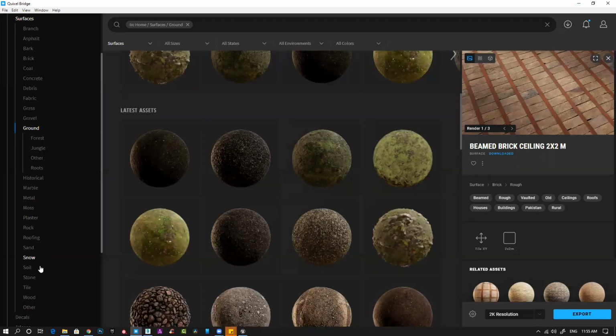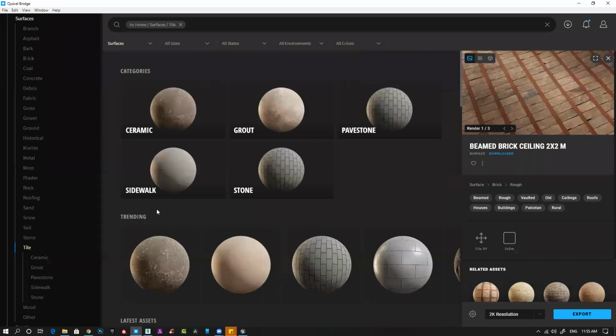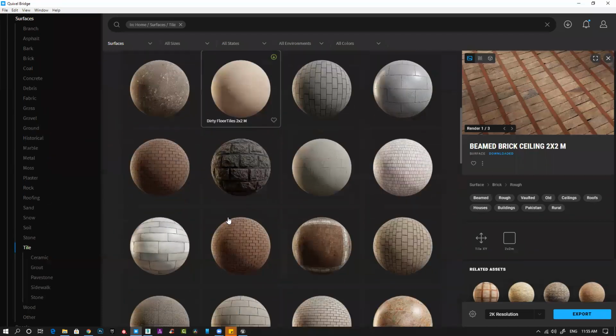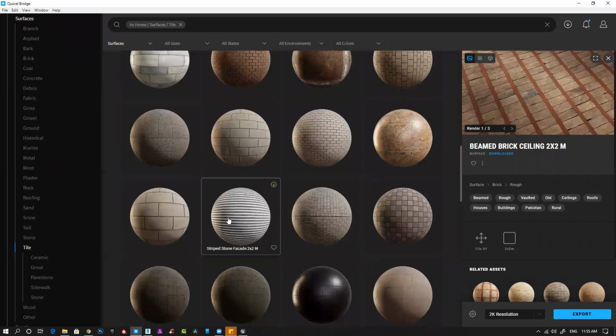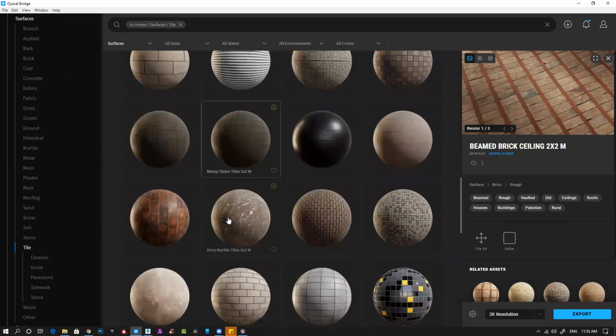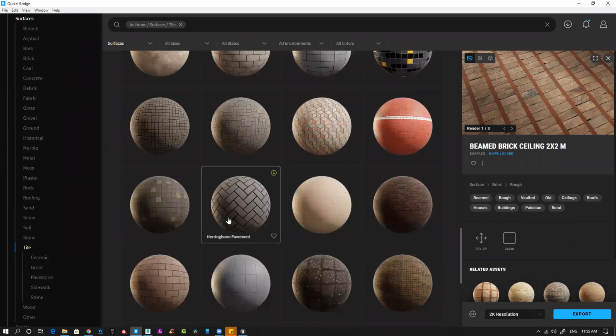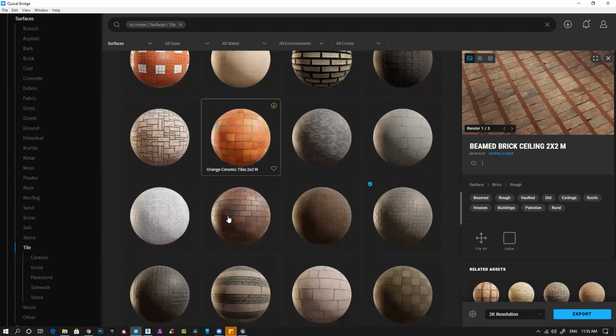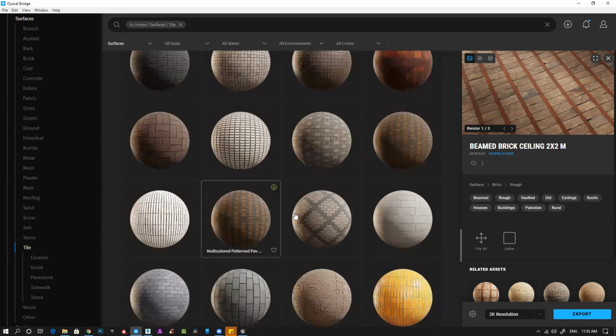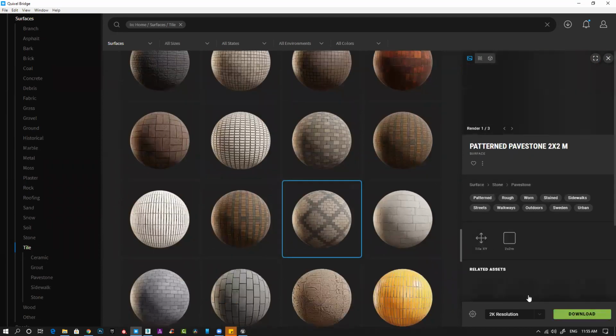Plaster, rock, roofing, sand, snow, soil, stone, tiles. Let's use some tiles. Let's use this one.